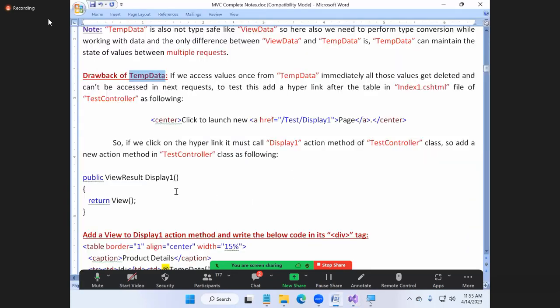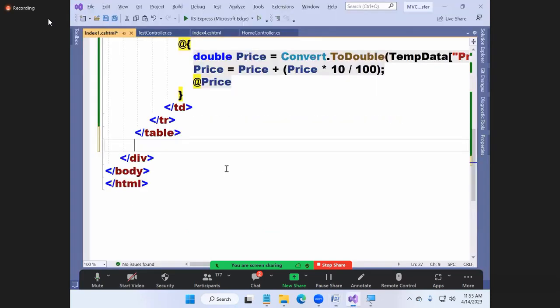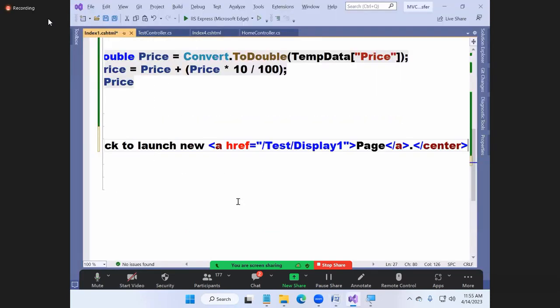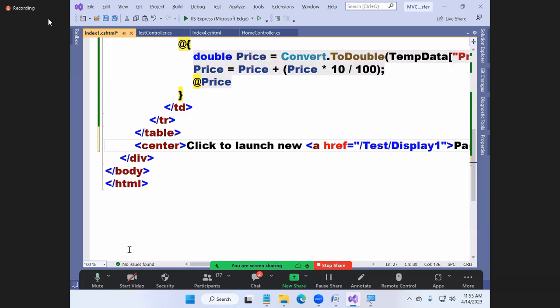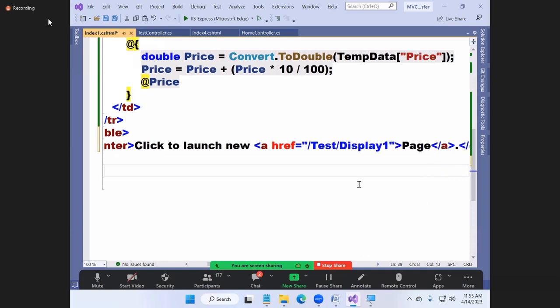Okay. So observe guys what I'm doing. I'm adding a link there. What is the link? Click to launch new page. What is the page? Test controller.